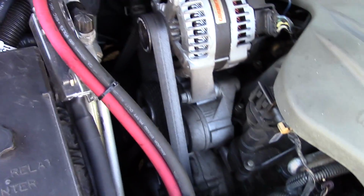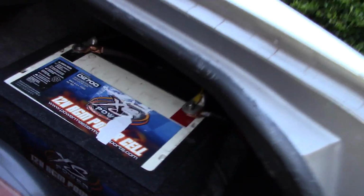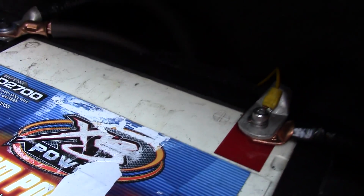You'll notice this 4/0 goes underneath the car, and let me go around it. It comes into the trunk. It's zip tied all the way underneath the car, and then it comes into the trunk over here behind the battery. Got a fuse in the front and the back because it is underneath the car, so I wanted to make sure it was good. So I've got it fused,